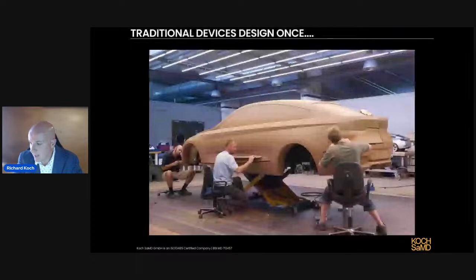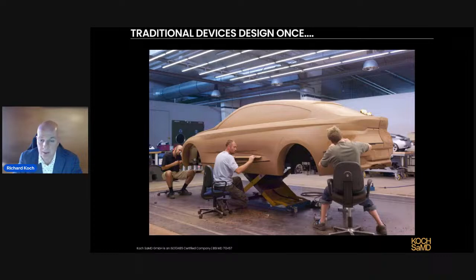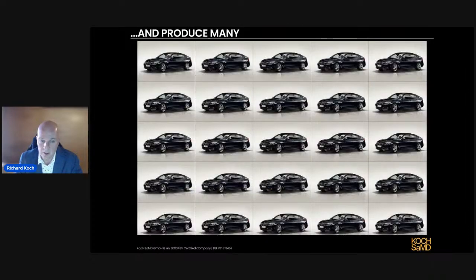So let's start with traditional design. In the physical product world, you design once. So here we've got some form of BMW being made, the clay model in the lab. Traditional devices generally have longer development cycles. You design once, and then once you transfer to manufacturing, guess what? You produce multiple units of exactly the same item.